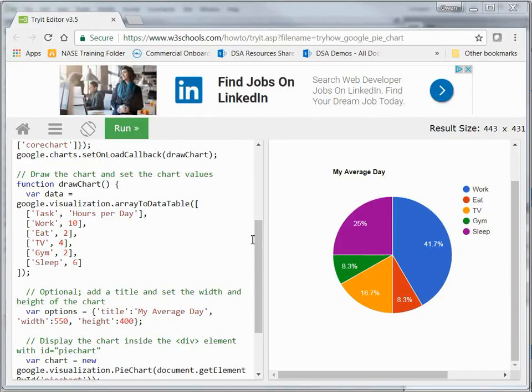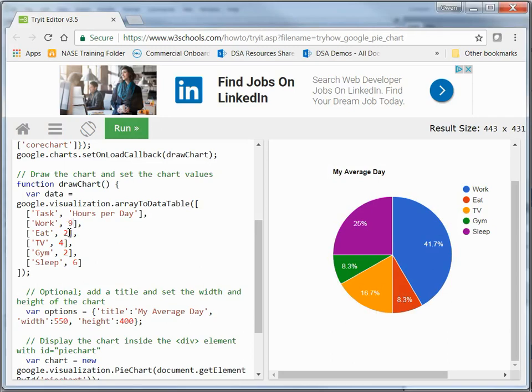So I came across this Google Charts option when I was looking through the w3schools.com site. And I thought, this would be really interesting if you could add this as a web object in StoryLine, but feed it variables from StoryLine instead of having hard-coded numbers in here. So you can see if you look directly on this chart, if I change some of these numbers